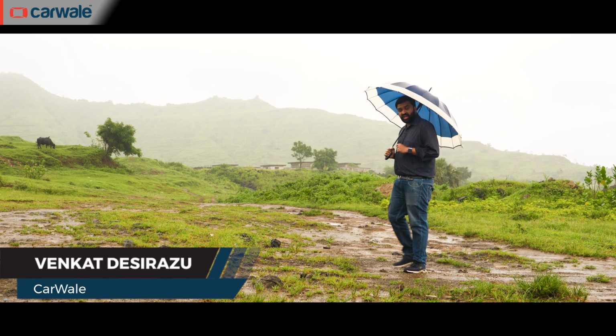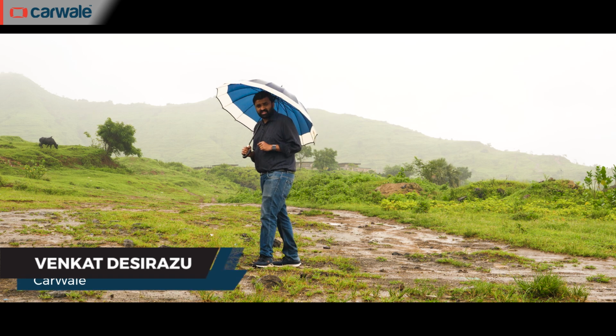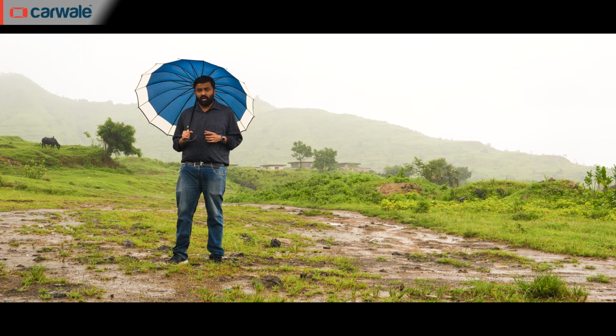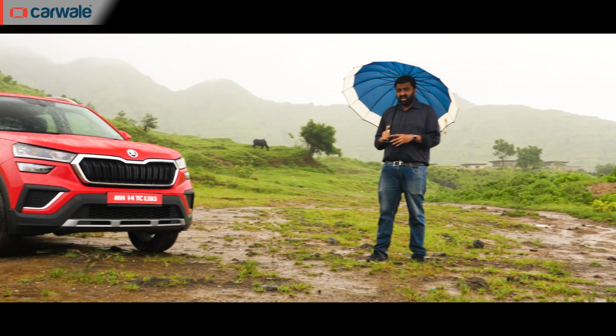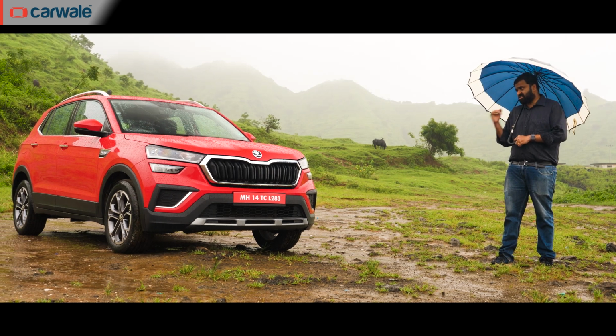MQB-A0-IN, Vision IN, India 2.0, TSI Power. These are words that have commonly become associated with anyone talking about the Skoda brand these days. Put them all together and what do you get? This, the Skoda Kushaq. It's a D-segment SUV and is a Czech automaker's first vehicle under its revamped strategy for